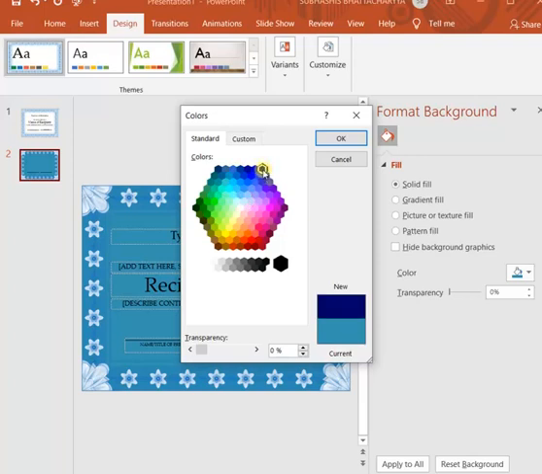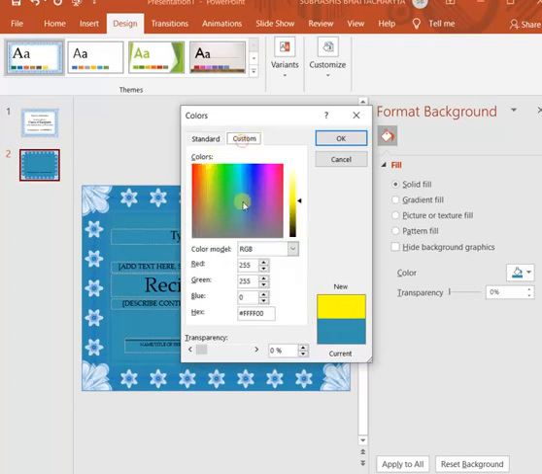If I select this, deep blue will be applied. If this yellow, then the yellow will be applied. But from custom you can mix some colors according to your wish. You can mix it by changing this arrow. You can see if you go top it will become faded. If you want dark color, you can bring it bottom, it will become dark. So likewise you can select any color.